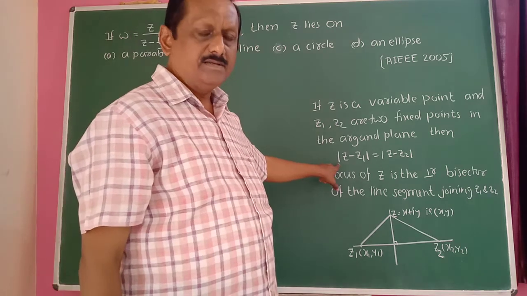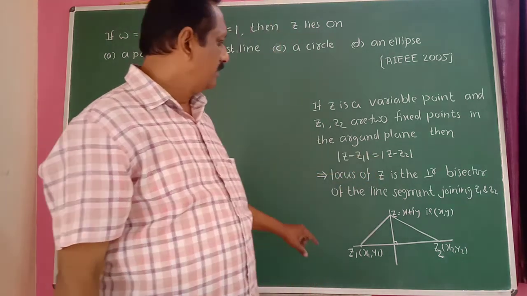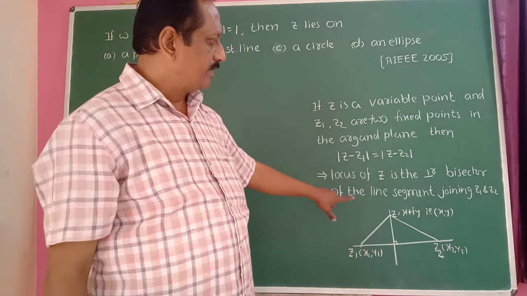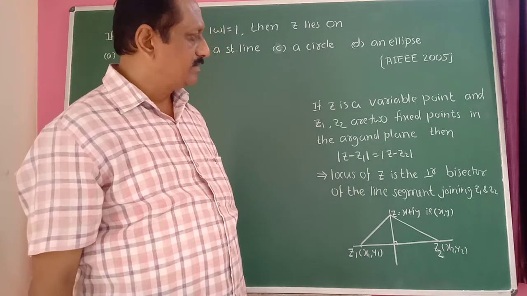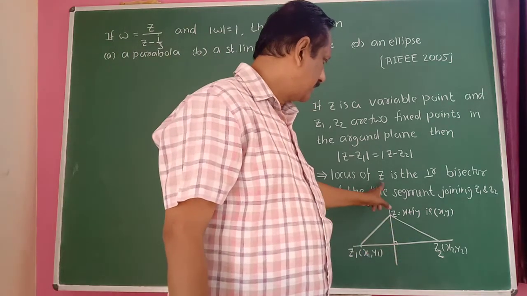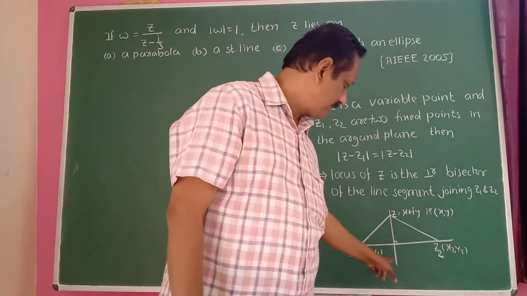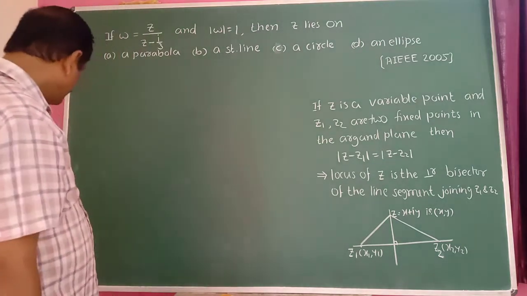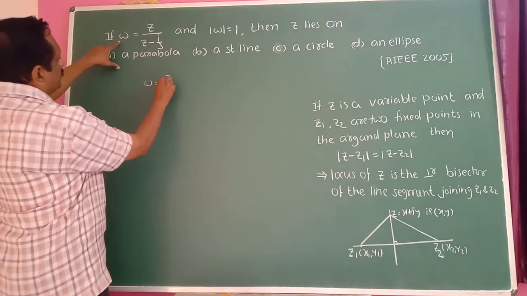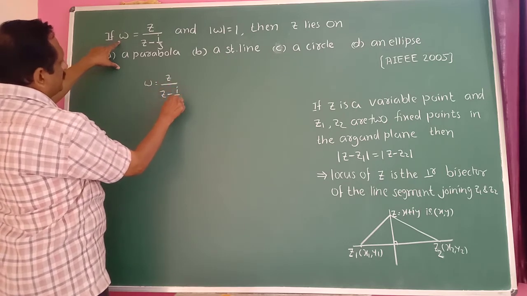then modulus of Z minus Z1 is equal to modulus of Z minus Z2 gives the locus of Z as the perpendicular bisector of the line segment joining Z1 and Z2. It is a perpendicular bisector. That means Z lies on a line here. So even here, they have given omega is equal to Z divided by Z minus i divided